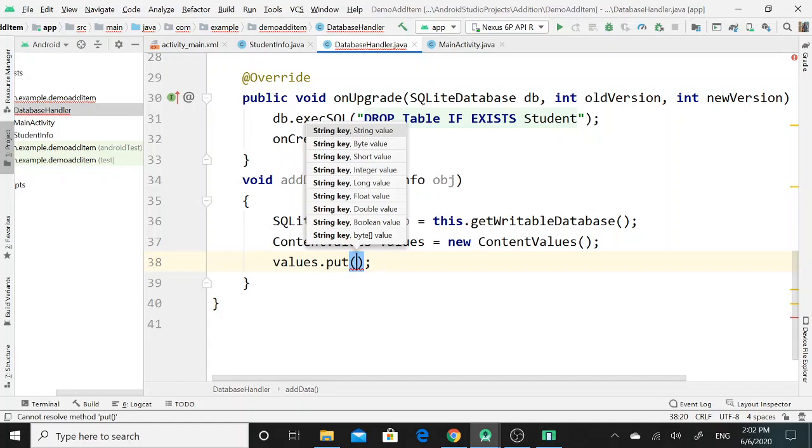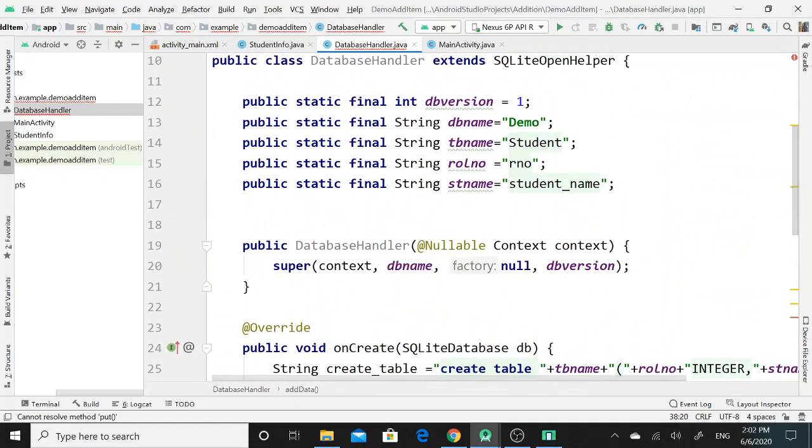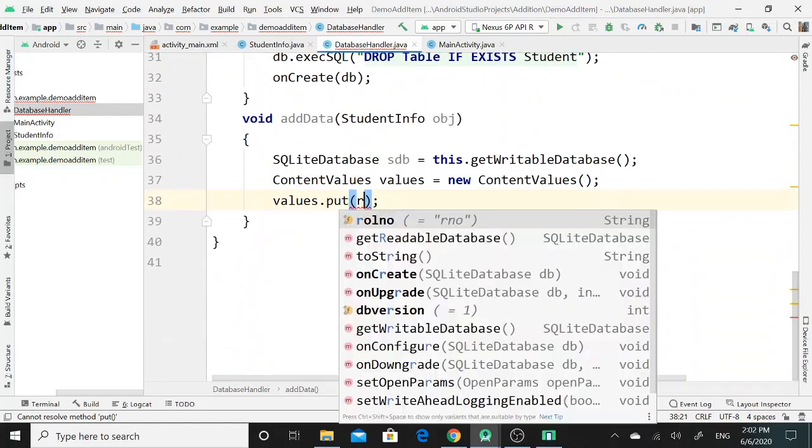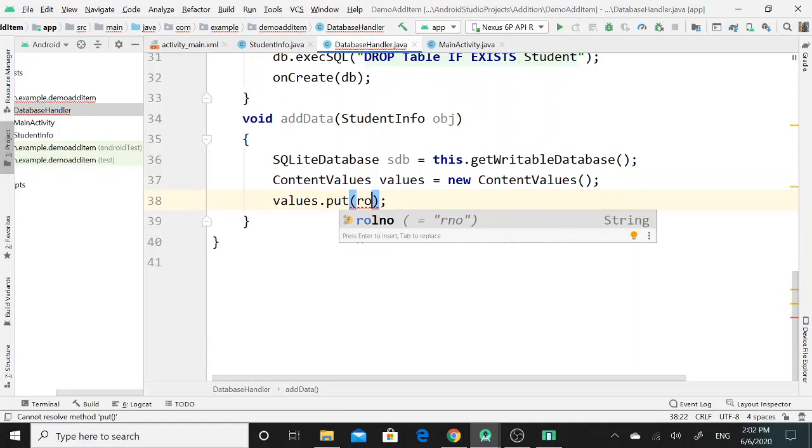So the first parameter is string key. What is string key? It is simply my first column name, and my column name RNO I have assigned to the variable name roll number. So here I will assign string key as roll number,